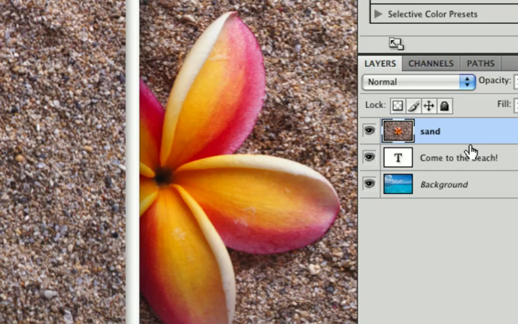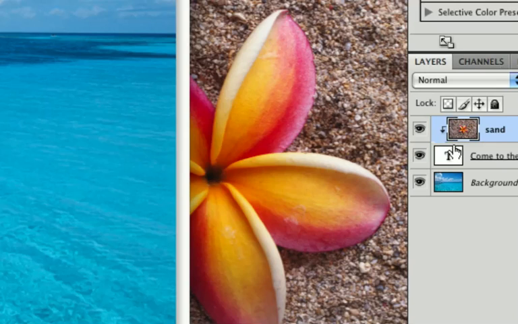So I've got these named, and now I'm going to create a special relationship between these two layers, and so that you can see this clearly, I'm going to zoom in just a bit. And what I'd like you to notice here is this line right here in between these two layers. I'm going to hold down the Alt button or the Option, depending on whether you're on a Windows or a Macintosh. And see how my cursor changes into these interlock circles when I do that? I'm going to click right on this line that divides the two layers with the Alt or the Option held down. So I'll click, and you'll see that